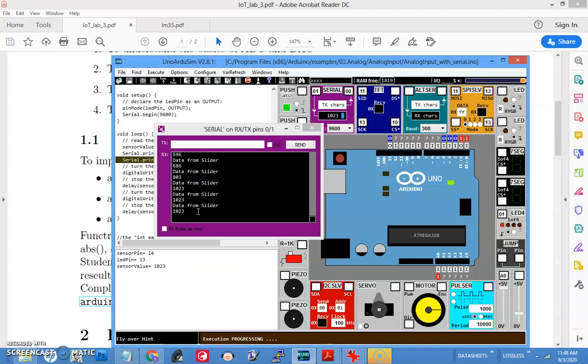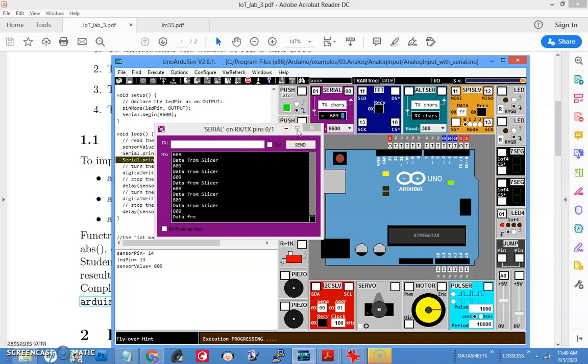Okay, now this value which you are getting from the slider can be assumed to come from a sensor, and you can do some processing. Suppose it is a temperature sensor LM35. So you can take some actions. If the temperature is above 100 degrees centigrade, give an alert by lighting up some LED. So this is the objective of today's lab session. I want you to properly understand all the peripherals used in this, and then attempt the exercise questions given at the end of the video.